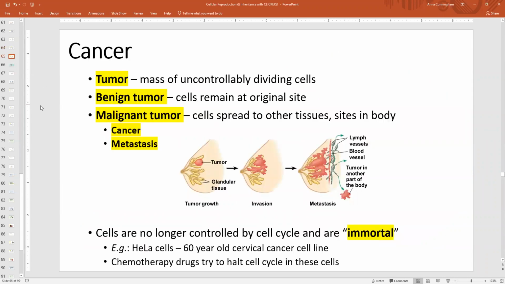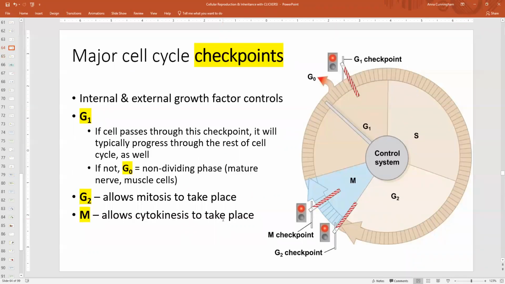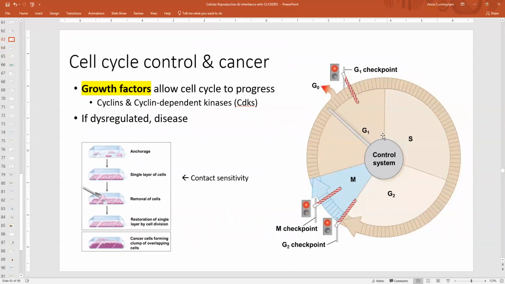So if the cell cycle is not regulated, oh, we have a question. All right, so is there no checkpoint in S phase to reduce the chance of mutation in the DNA? This is an excellent question. So notice that we have a G1 checkpoint that regulates whether we go from G1 to S, and then after that, we don't have a checkpoint until we go from G2 to mitosis. So the question is pointing to, what if during DNA synthesis we have a mutation? Because if we have a mutation, we don't necessarily want to enter mitosis. And the answer is